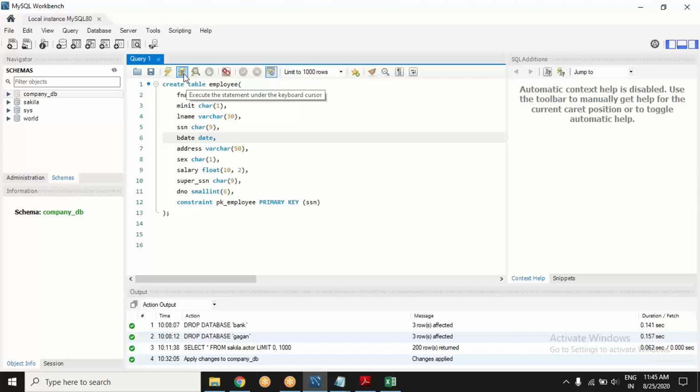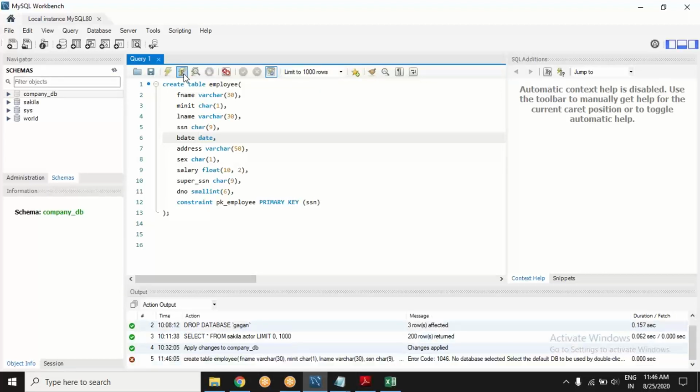This also executes the query where your cursor is. Where the cursor is is of no consequence; it should just be highlighting the query somewhere. I try to execute, and what happens? You see down below, in this action output tab, what happened to your execution.